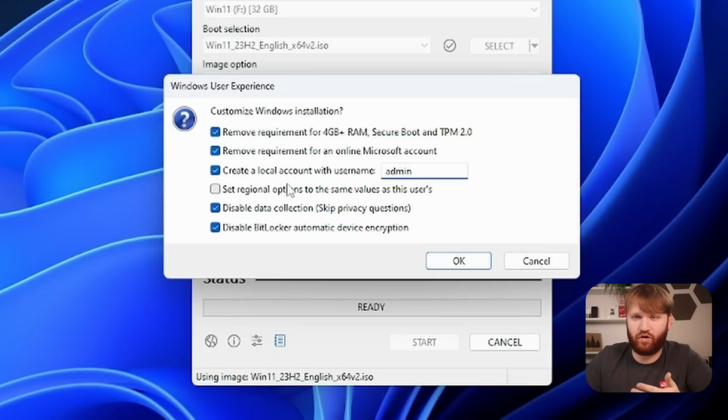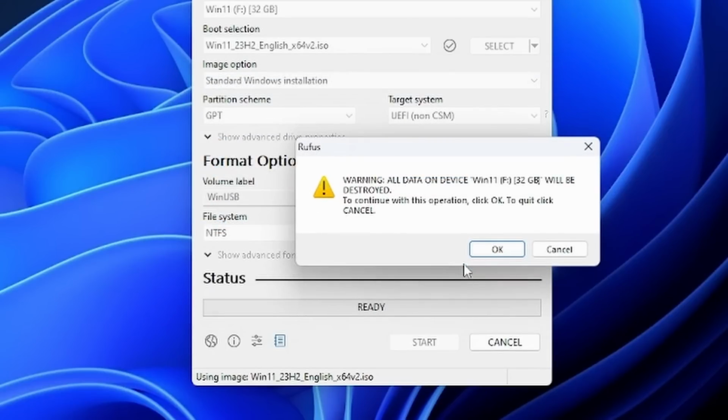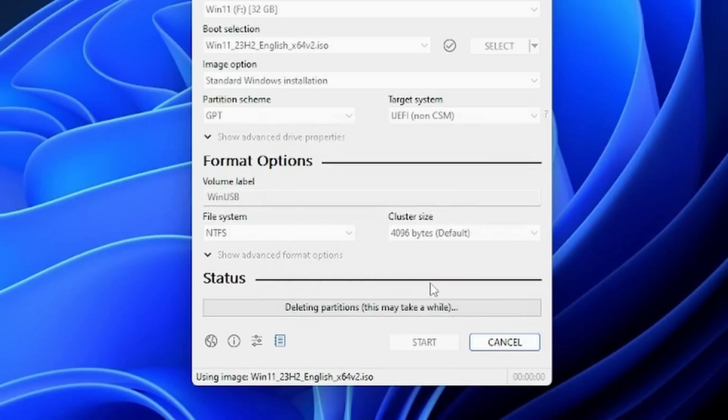You could do your first name, you could do whatever. I just recommend leaving out spaces because later on it makes it a lot easier to connect with Linux devices and things like that, which is really weird to think about, connecting to your Windows server from your Linux desktop. So we're going to hit OK, and then it is going to warn us that all the data is going to be gone. We're going to click OK again and let that do what it needs to do.